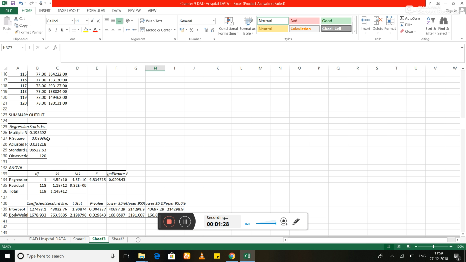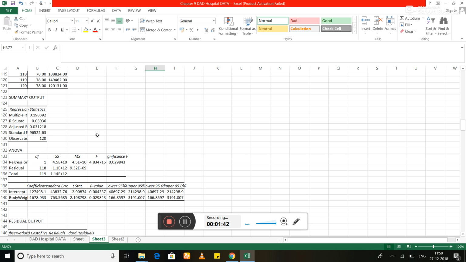It tells you that only 3.9% of the variation in the cost of treatment with respect to body weight is explained by the model we have developed. That is how you summarize your R square value. Then, to move ahead, I'll not go into hypothesis testing, as that's been explained in class. I'll stick to residual analysis in this video.